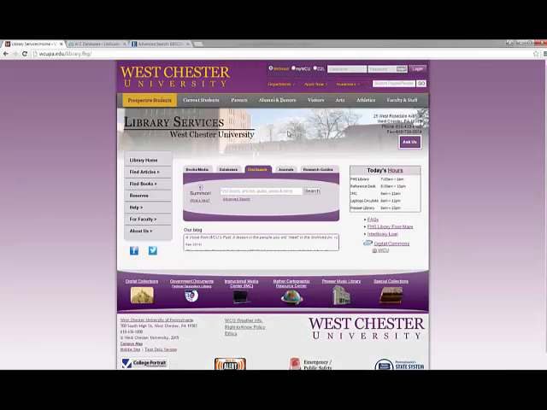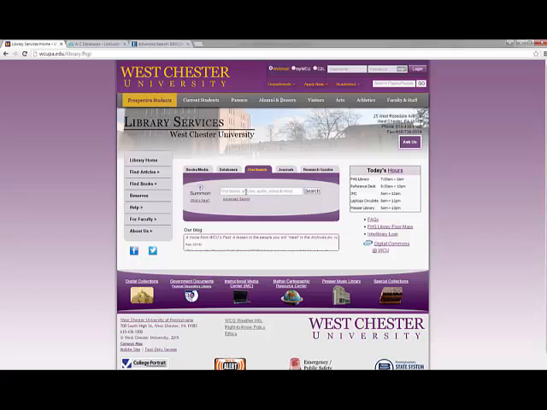On this main page, they have something known as OneSearch, and OneSearch will actually search any databases, and it's mainly through a database known as Pilot that will access any resources that Westchester University subscribes to. You can use OneSearch. However, if you're trying to broaden your search, I would recommend going through what's known as